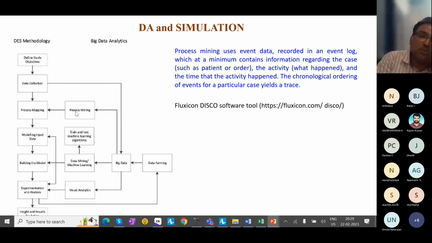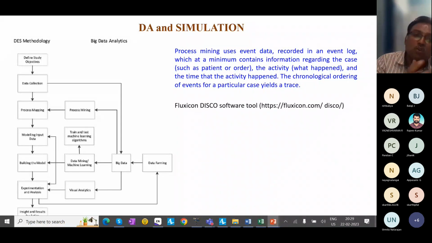I told you that once you want to build a simulation model, the very first stage is to create a process map or a flow chart of the patients. So now you have software for it. All you need is to provide the EHR data. With process mining, you can build this process map. There is an open source software called Disco. If you have any data, you can just feed it and it will try to create a process map for that. And then we need to fit the distribution to this data.